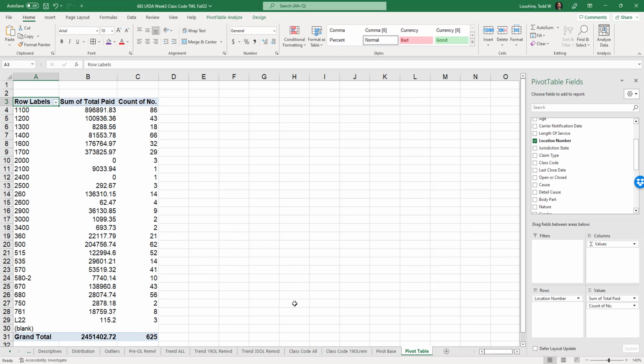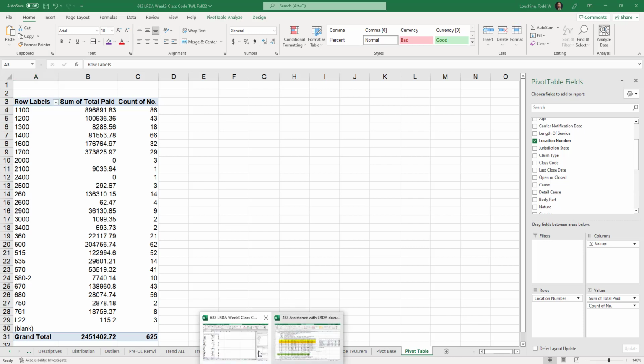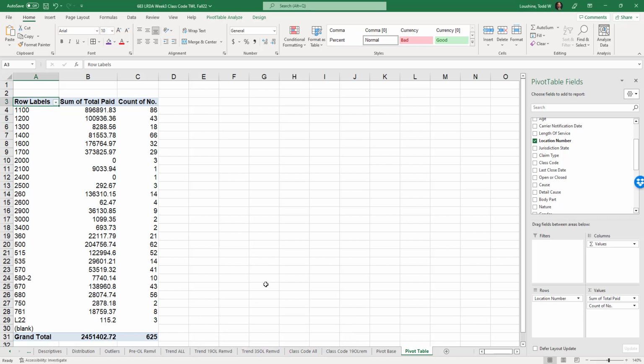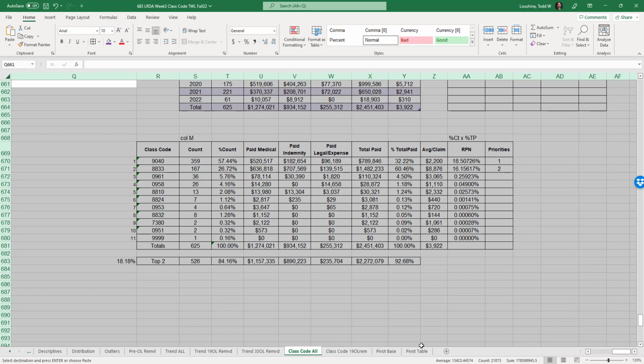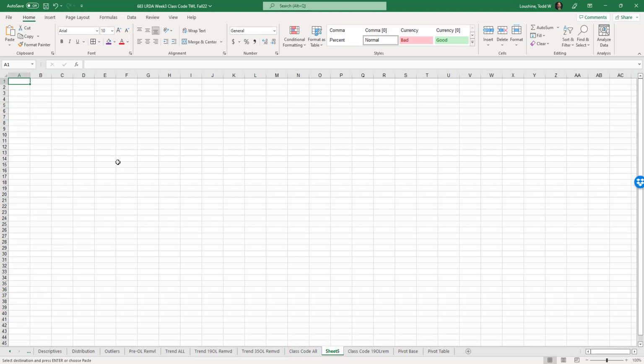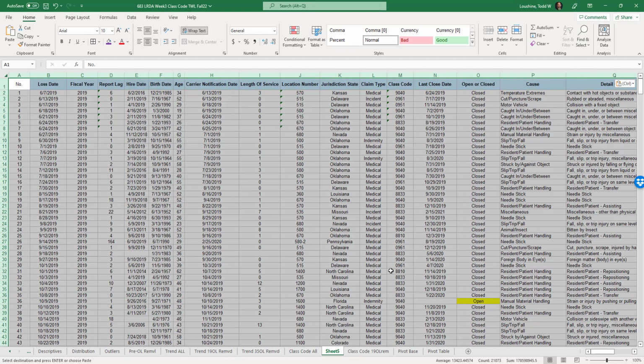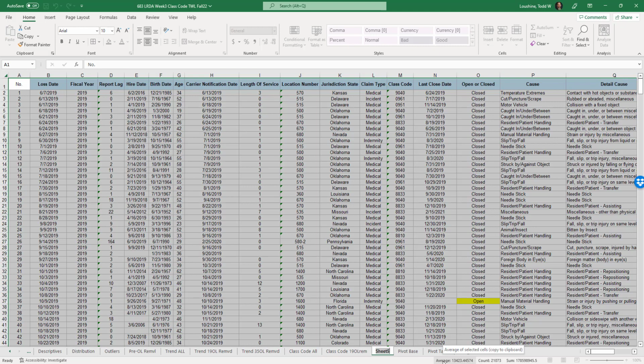But okay, so as I told you before, this next couple parts are going to be fairly easy because we're just replicating what I just did. So I'm going to take my class code all, I'm going to copy it. And by the way, your Excel document is going to start increasing in size. I'm just going to move it over here. Now what I'm looking at is accident location. Is that right? Is that what it was called? Yeah, location number. Okay, so now we're doing location number.